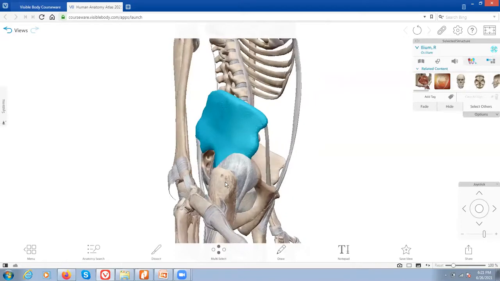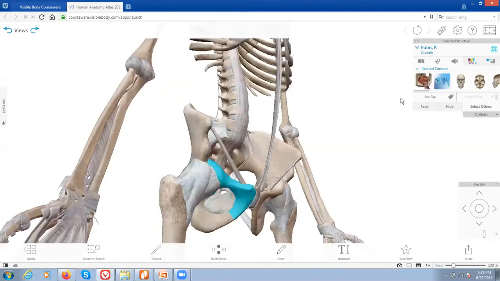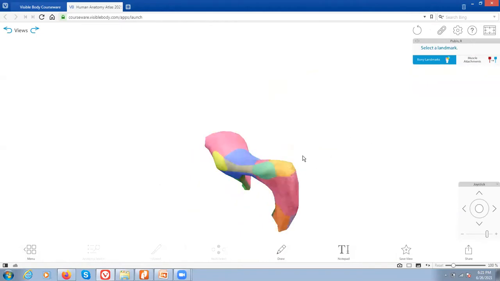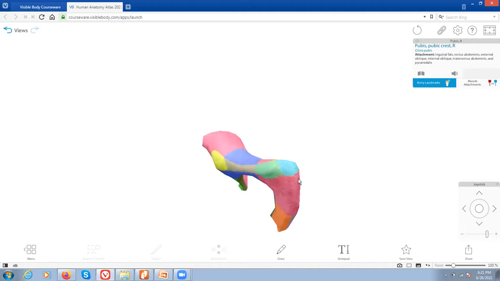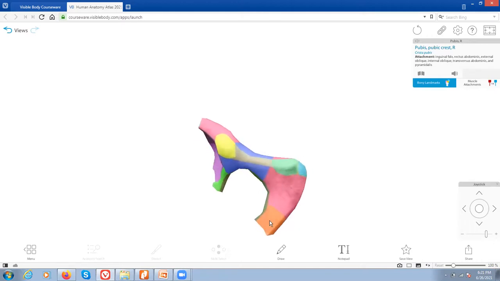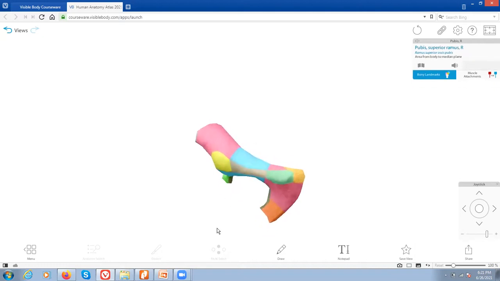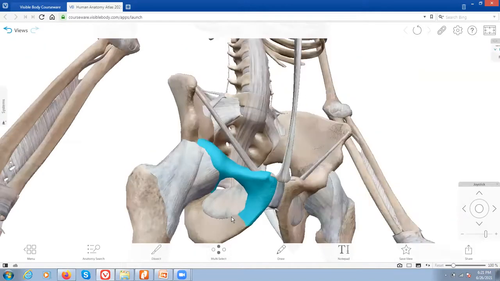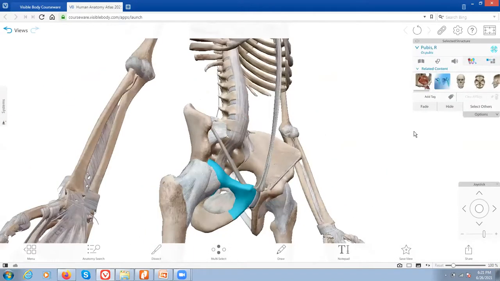Then moving on to this portion, the pubis. Probably the most important part would just be the front, the pubic crest. I mentioned that there's that obturator foramen there. And then there's a bunch of other regions that you can name. For example, this is called the inferior ramus, and this is called the superior ramus. But we don't really get into that much detail for that portion of the bone. Then down here for the ischium,